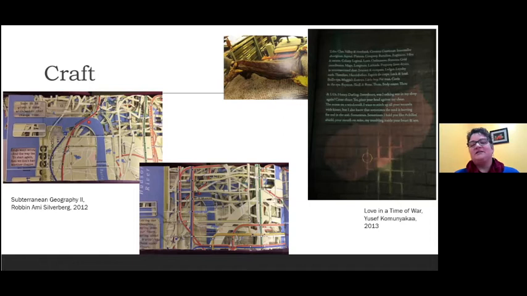On the right, we have Love in a Time of War. And this is amazing. It is letterpress printed on hand-dyed silk. So the little inset is the dyeing of the silk. And then they have inclusions between the pages and some embroidery, as you can see in this example. And it's quite impressive just as a technical feat.